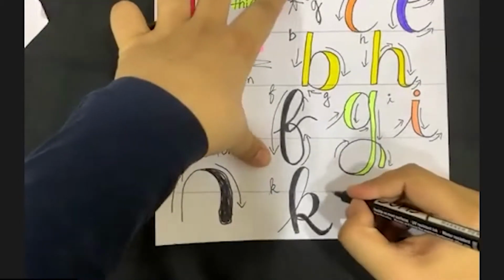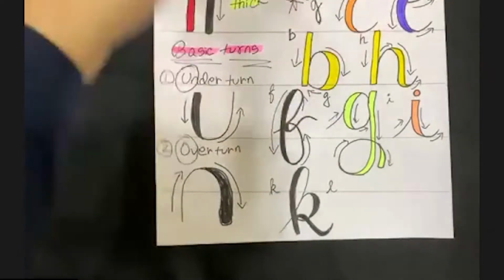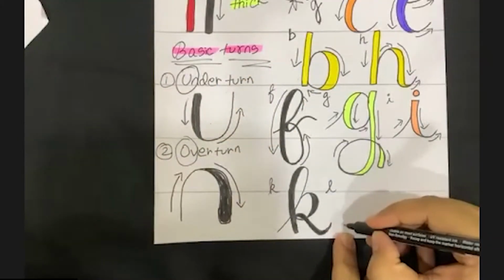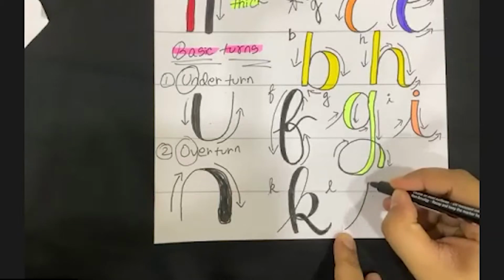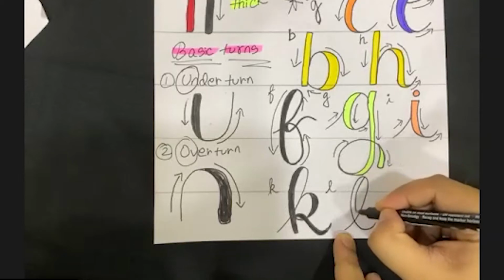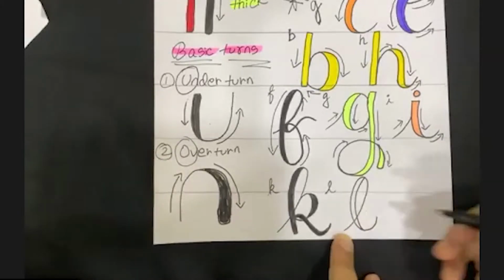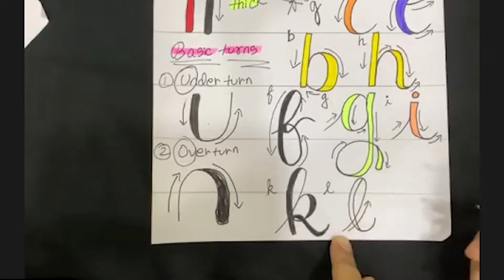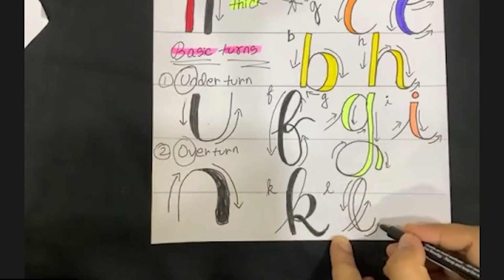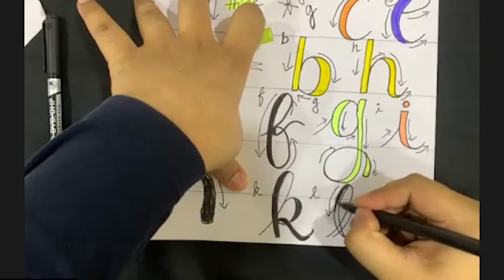Now I'm going on with my letter L. You have to cope up with me because I'm increasing my speed, as I have to go on with the time also. Look, letter L, upstroke. When you are coming downwards, this stroke should be thick because this is a downstroke. Again, when you are going upwards, it should be thin. Thin upper stroke, thick downstroke, again thin upper stroke. The letter L is also so simple.